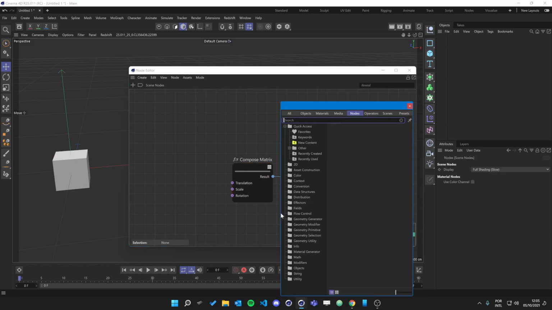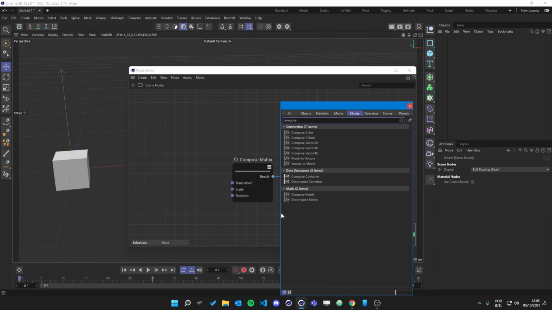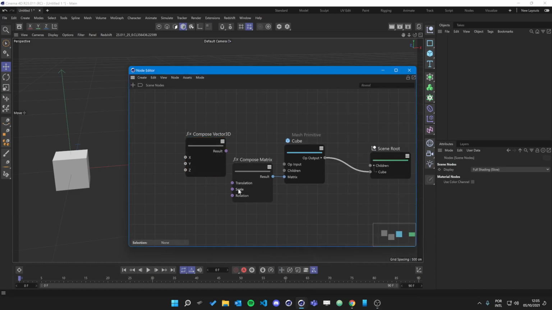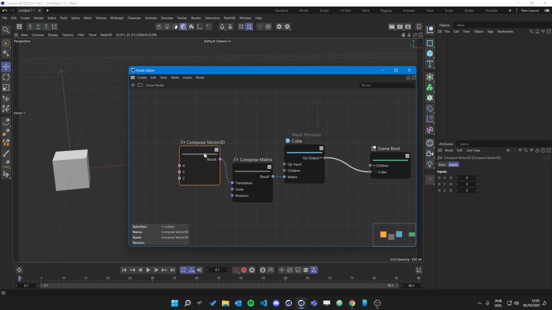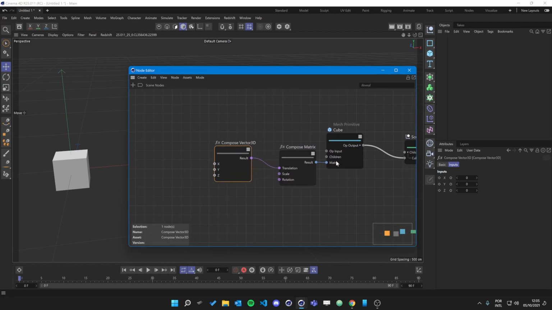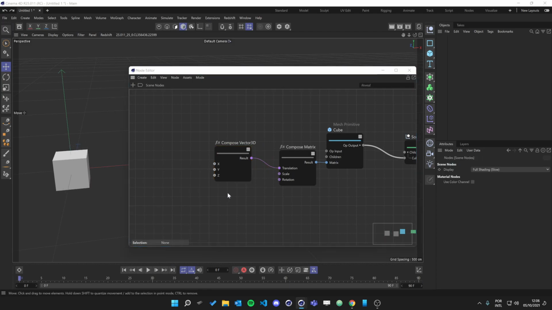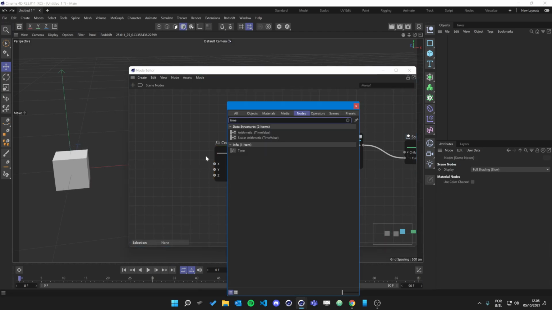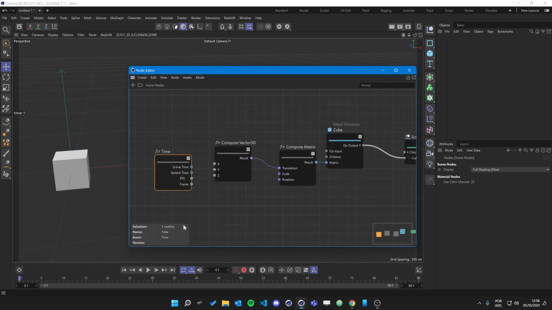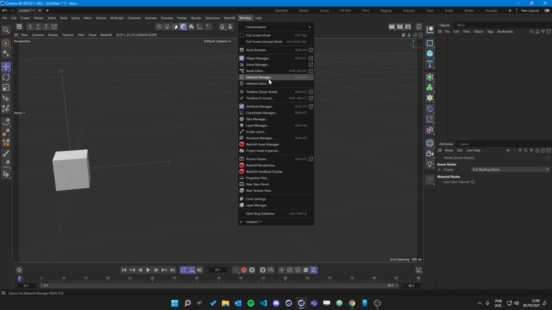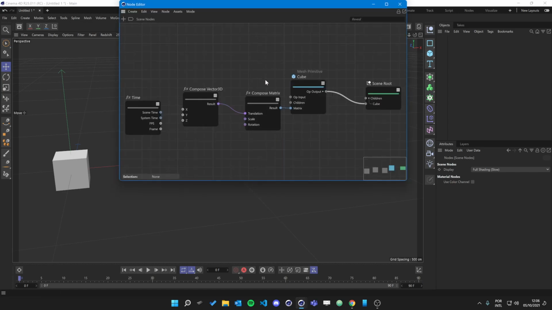Like compose matrix, then compose vector 3D, because translation, scale, and rotation, each one is a vector 3D. In this case, we're just going to use the Y value, right? And then let's use the time here because I need some information that is changing during